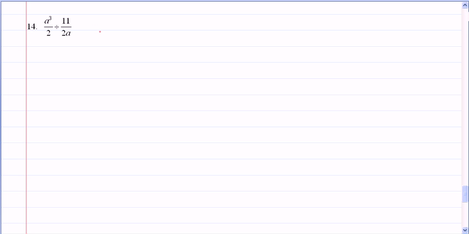So now we have one with a variable, a cubed over 2 divided by 11 over 2a. So I change the division symbol to multiplication and take the reciprocal of the second fraction. And all of these numbers are prime. The only thing I want to add is a 1 here to that a as a reminder that it's 2a to the first. So I have a cubed times 2a to the first